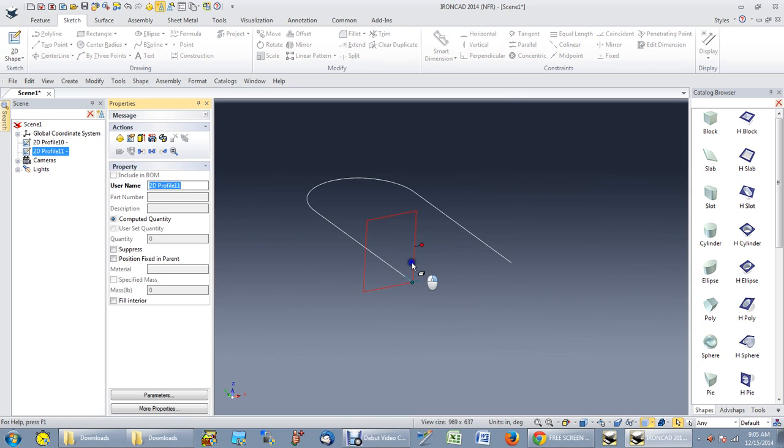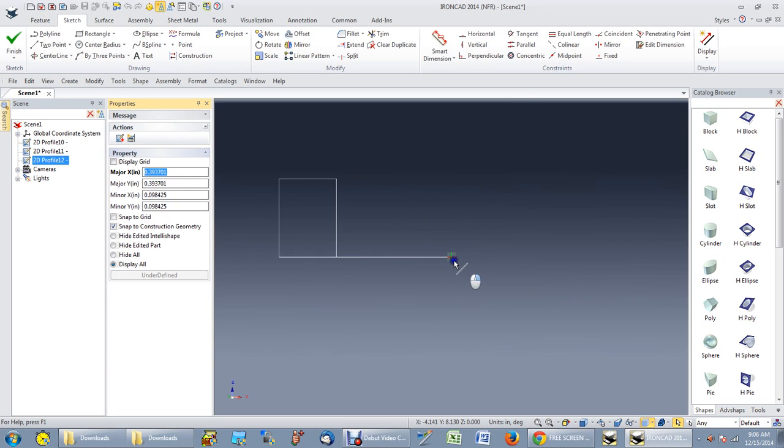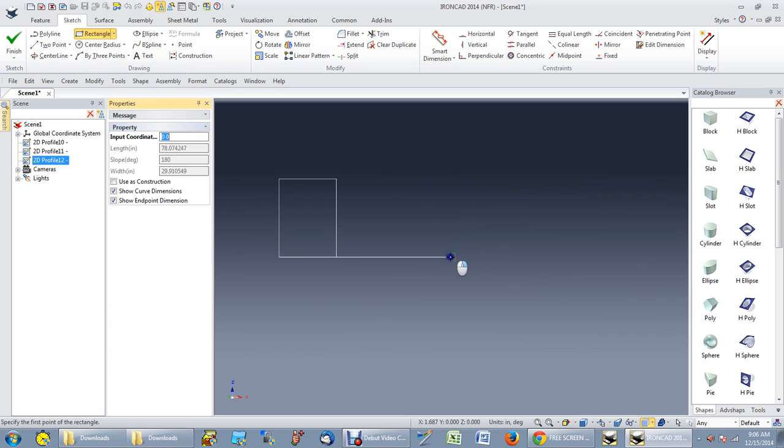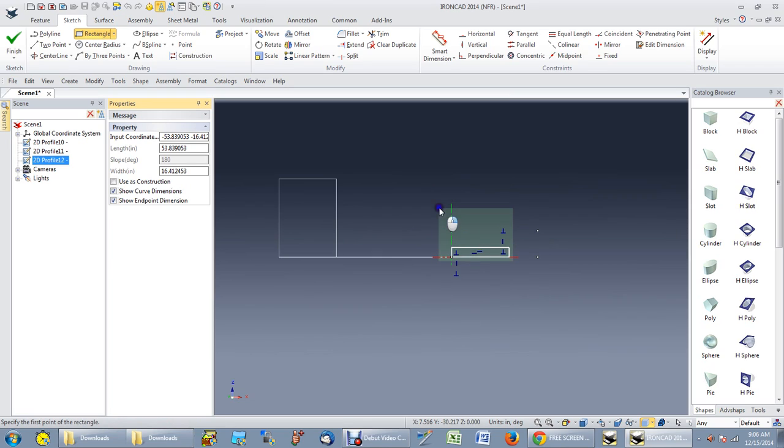Now we need an ending profile. So we want to do another 2D shape, again at the point on the end of our path, and then when we finish we check OK. And so now we have our grid at the end of our point, or end of our line. We want another rectangle, and we click left mouse here, drag this out, do a right mouse click, and then we want to make that 36 inches wide, and this one we're going to finish at 6 inches. So now we have two profiles